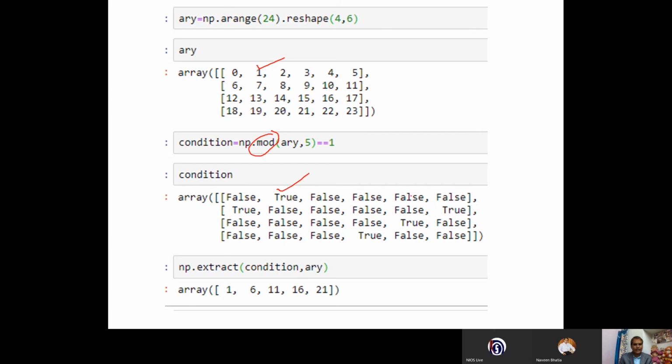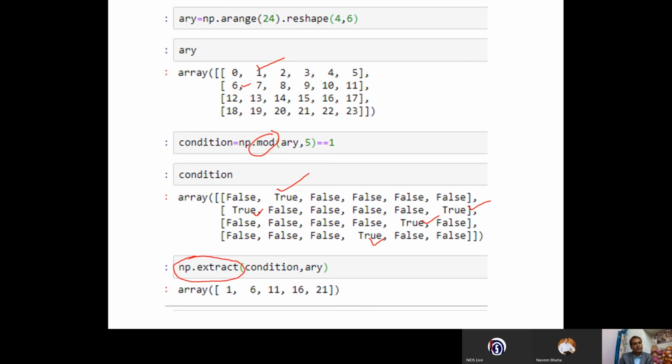Then again we are getting true here, 6. The remainder will be 1. Clear? The condition will match. Again 11, the remainder will be 1. Again here we'll get it, the remainder will be 1. So this is the job of extract.